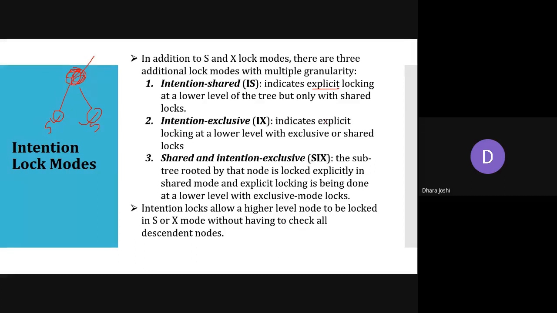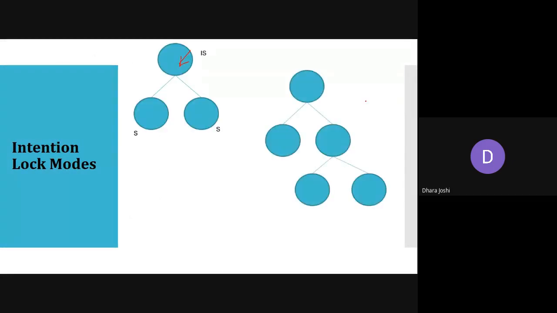It will indicate explicit locking. Again, if we are locking any of the nodes, the children are also affected because it is explicit locking. So it is explicit locking at a lower level with exclusive or shared locks. That means suppose I have this kind of structure, and I am applying an intention exclusive lock here.